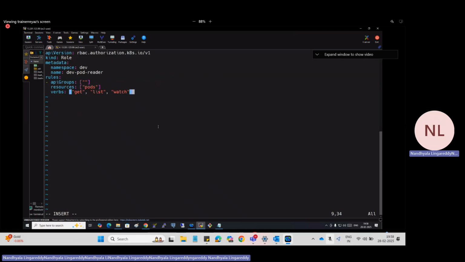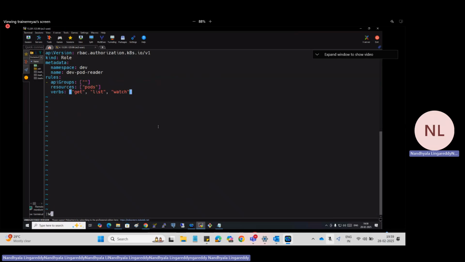So if you put empty, by default all the pods are in the group. We can call it the core API group. Ready? Okay, this is fine?